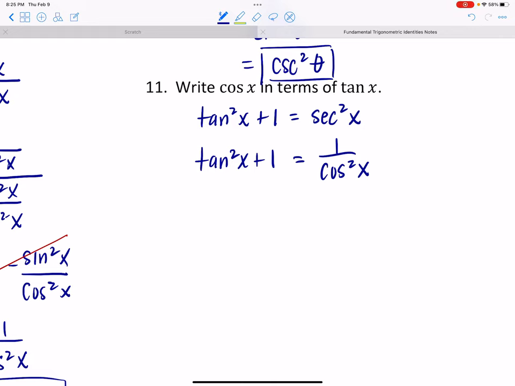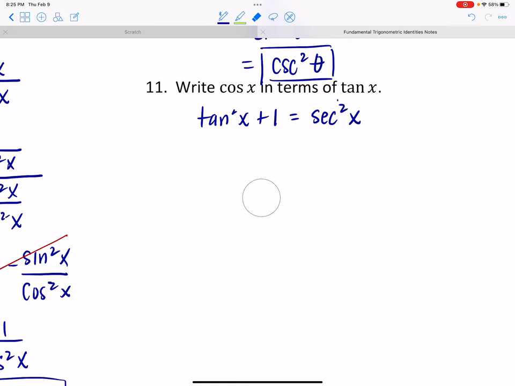But here's the issue. Remember, what I'm trying to do is write my cosine in terms of tangent. So the reason I started with this identity is because I knew secant was going to be related to cosine. But what I'm going to try to do is solve this thing for cosine, because I want cosine on this side and I want tangent on this side. So I'm pretty close to that here, but I don't want to solve for cosine when it's in the bottom of the fraction. So what I did first, now I remember why I did this first, was I took the